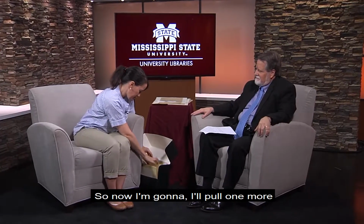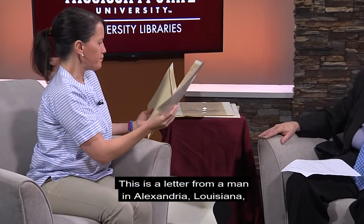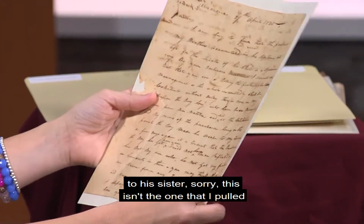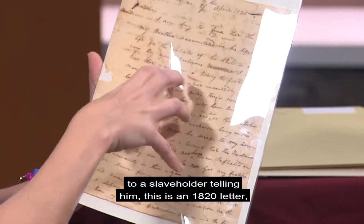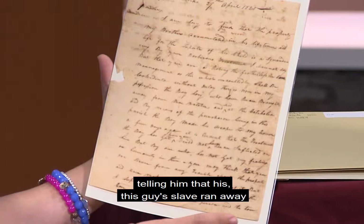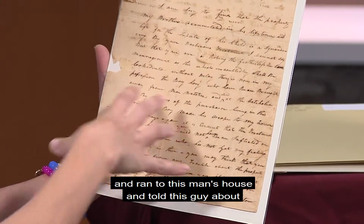So now I'll pull one more from early 19th century Mississippi, and this is a letter from a man in Alexandria, Louisiana, to his sister. Sorry, this isn't the one that I pulled. This is from a man in Alexandria to a slaveholder, an 1820 letter, telling him that this guy's slave ran away and ran to this man's house and told him about his